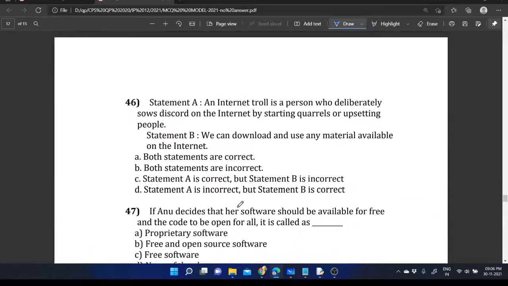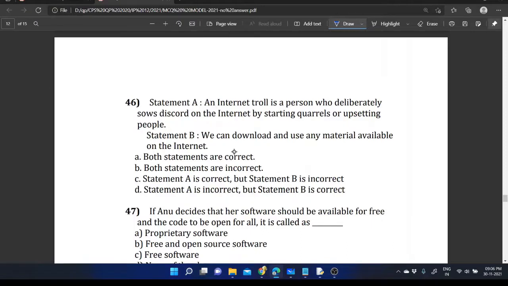Please read your textbook. And then here, statement A, assertion and reasoning again. An internet troll is a person who deliberately sows discord on the internet by starting quarrels or upsetting people. Is that statement true? If that statement is true, then statement B is we can download and use any material available on the internet.